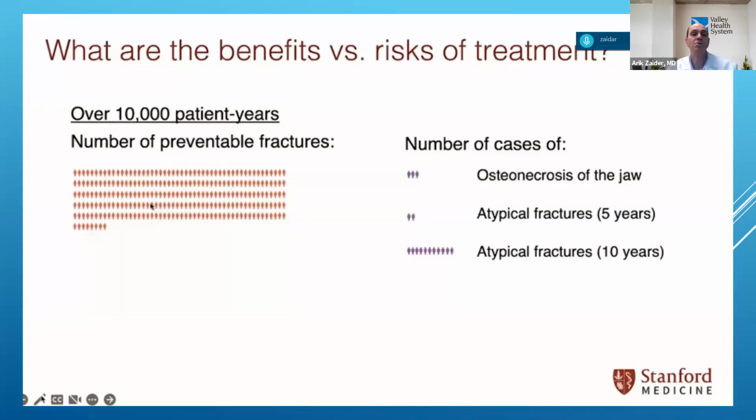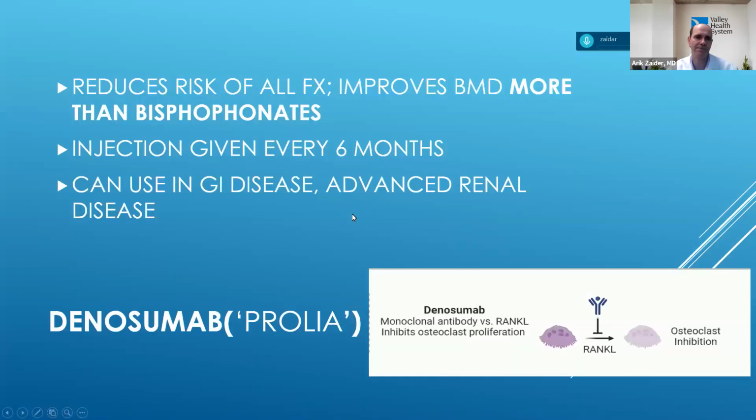In those patients who have osteoporosis but are not getting therapy, this is the number of fractures you'll see, just visually, okay? Now, if you compare them to patients who did get therapy over 10 years, similar number, look at the incidence of osteonecrosis of the jaw, atypical fracture. It's really so much proportionately less, so it's always a risk and benefit ratio. It's always something you have to decide and discuss, with the doctor, with yourself, with the family, but we still strongly believe that unless there's an exceptional case, therapy is still recommended.